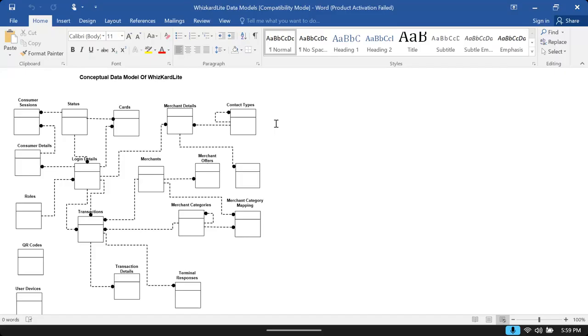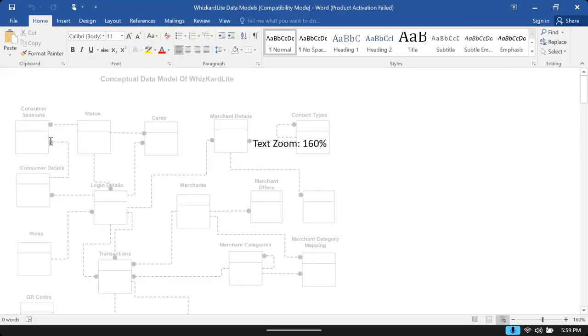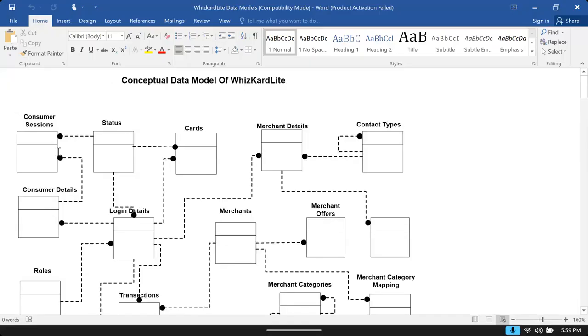Okay, let's continue. So you see, this is the design of a conceptual model.